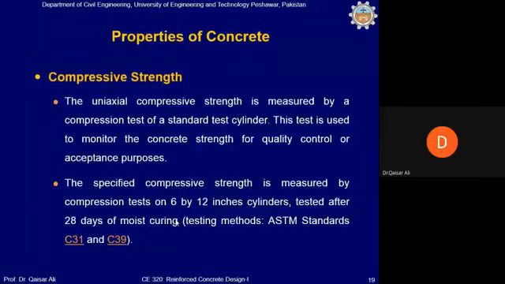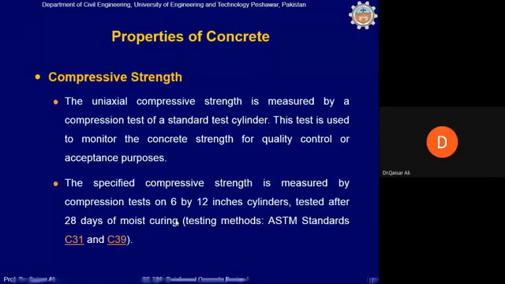You can compare the strength of the cylinder with what has been specified for the project. If the specified strength of concrete for the project is equal to the strength of the cylinder that you have determined in the lab, then it says that concrete passes the criteria. However, if the cylinder strength is less than